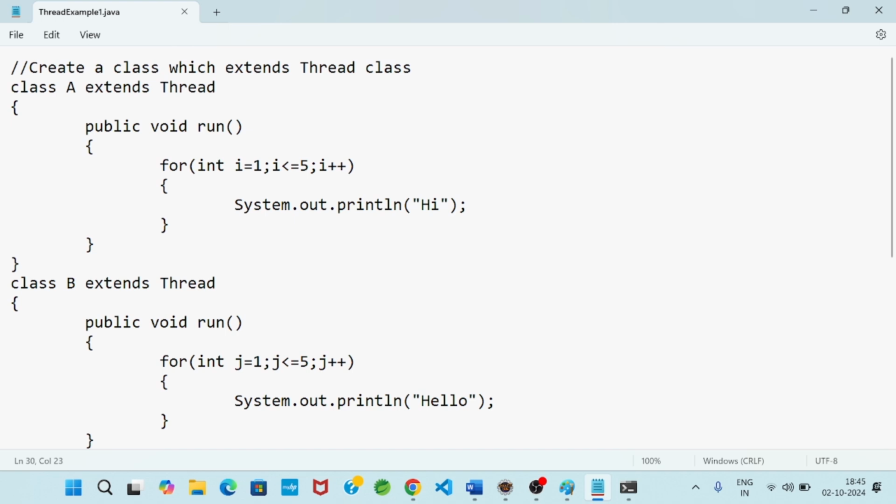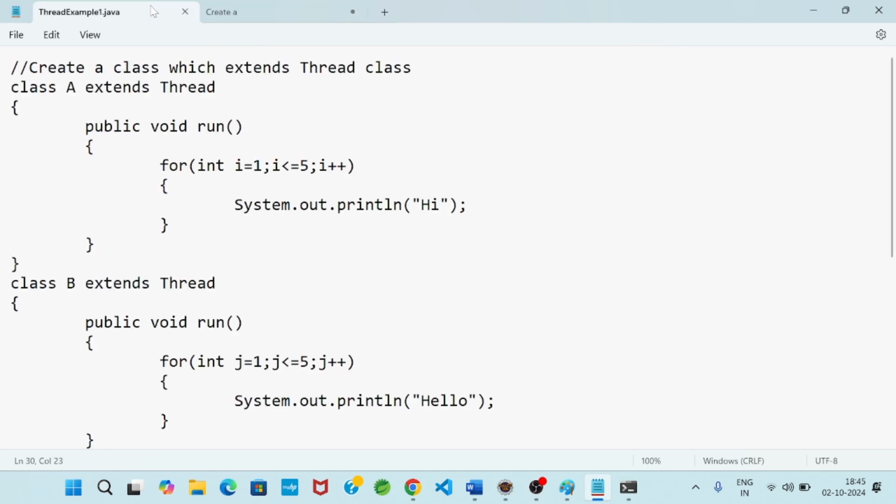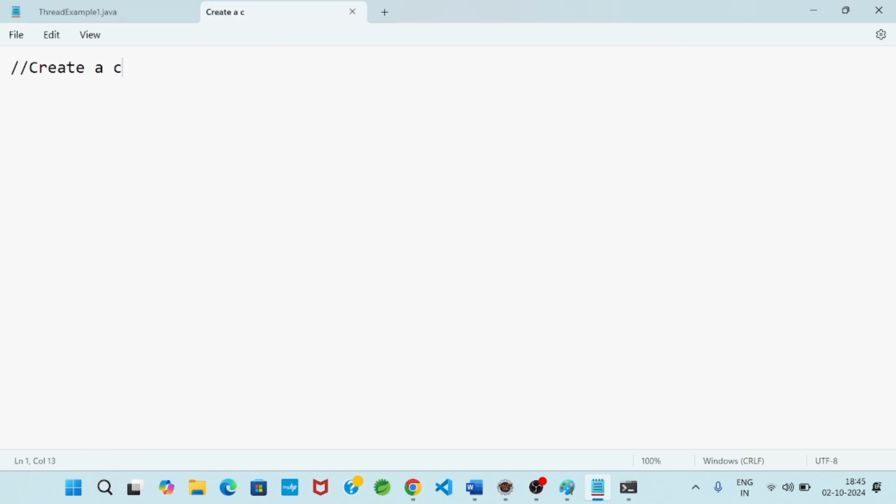Another approach to create a thread: create a class which implements the Runnable interface. Implements is for interface, extends is for inheritance.